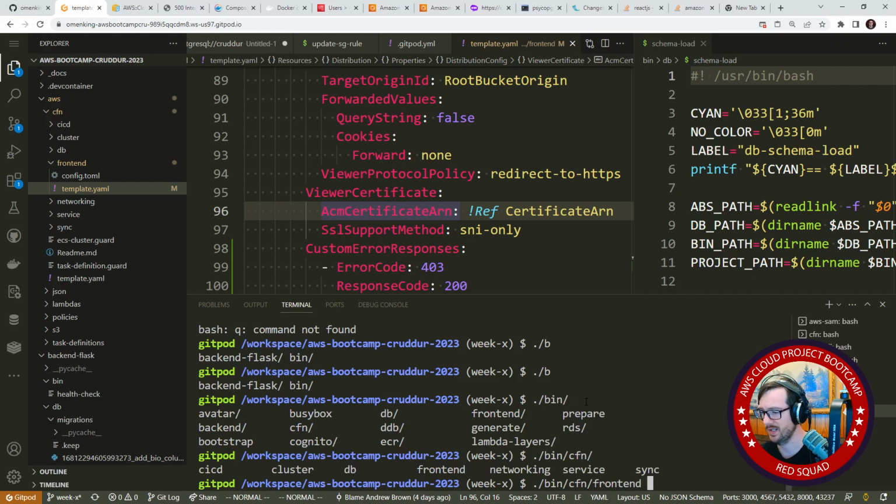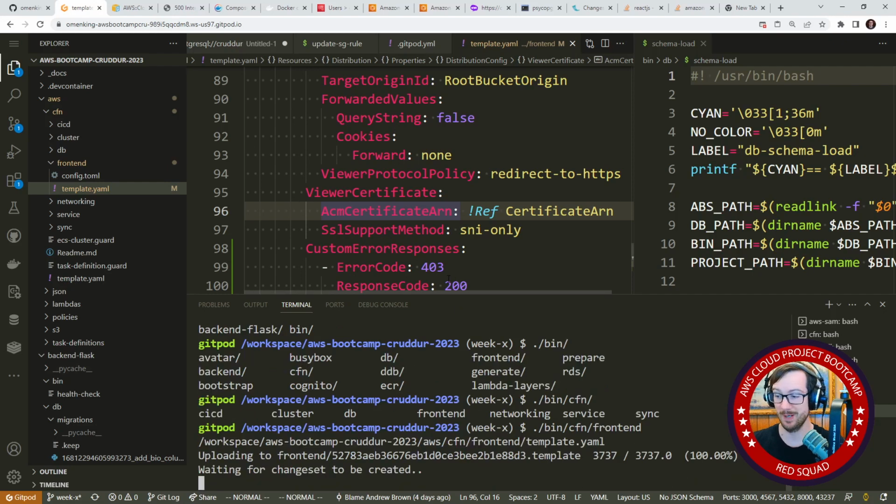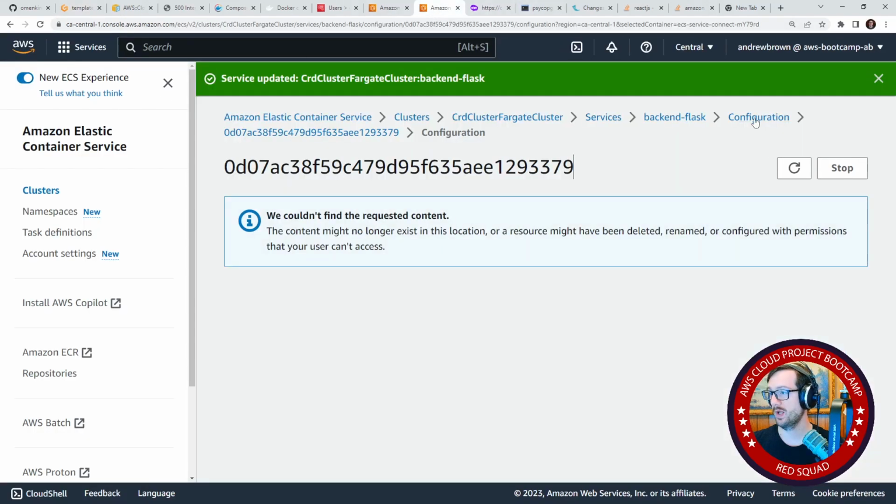Front end, yep. And we'll go ahead and see if we can have that take effect. Now, distributions usually take forever to update. This is just error codes, so maybe this will be super fast. I don't know. It depends on what it's going to affect. So I'm going to go over to